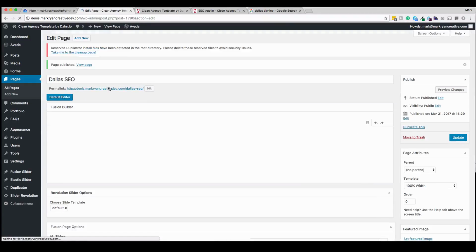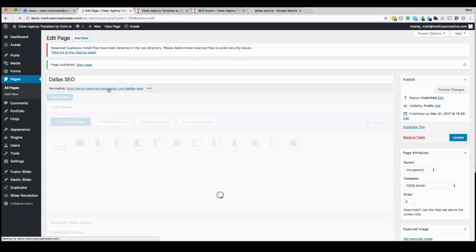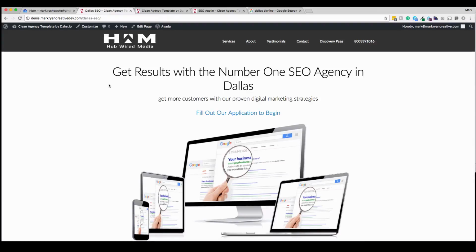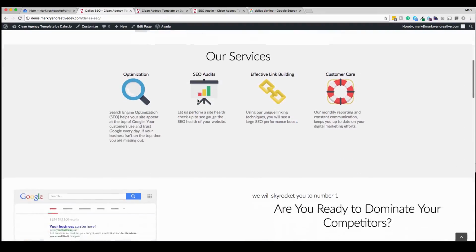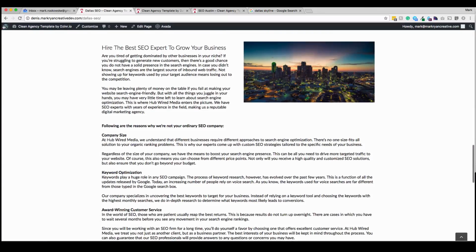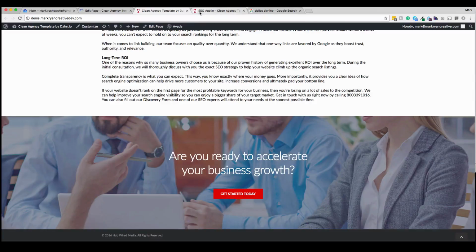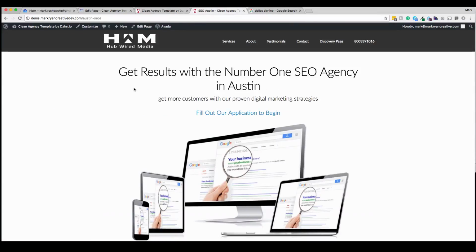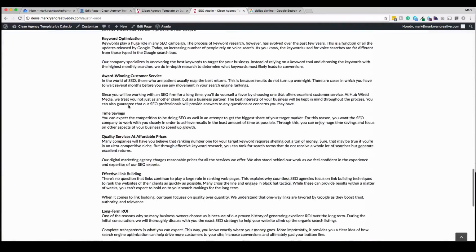And the final step is just to give a visual confirmation of the page. So open the page up, it says Dallas. Let's check our image out. Beautiful, like it. So now let's talk about how we can get the links. So this is a subpage that is not in the menu. It's just sort of hanging out there by itself. So one way we can kind of funnel some link juice over to it is we can put